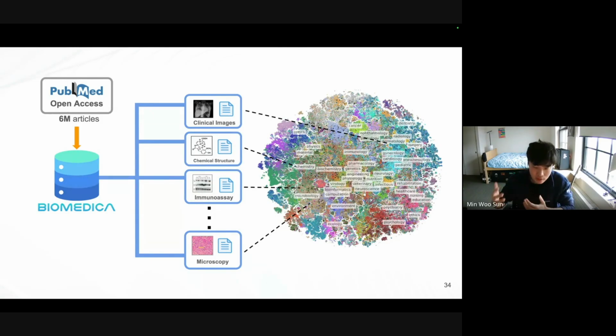And along those lines of accessibility, we also want to think about building these subsets that could be useful for the community. What I mean by this is, rather than needing to download all 24 million images and filter for the images you want, we actually made subsets available for Biomedica, for instance microscopy or clinical imaging, so that the user can directly go to that subset if they only want to use that set of images, say, to train a specialist model.